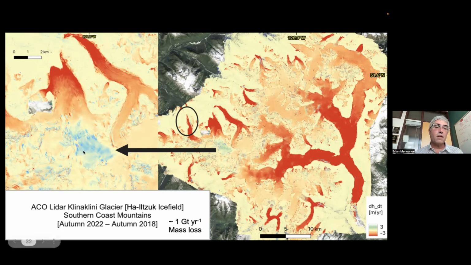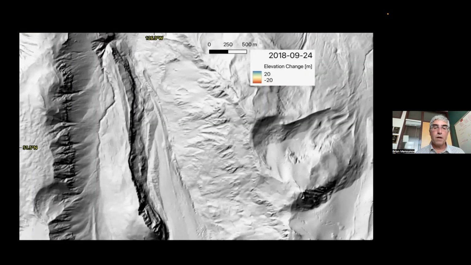Most of the glacier is thinning. Most of the ice field is thinning. We do have some thickening, but by and large, that is well compensated by the strong mass loss that we're experiencing over that glacier. One thing you can also do with these data, just cycling through a little bit, if you keep your eye here, you see that in this hillshade and the two different time periods, this whole hillside is moving. So as this glacier is thinning and melting away, the hillside is starting to destabilize.